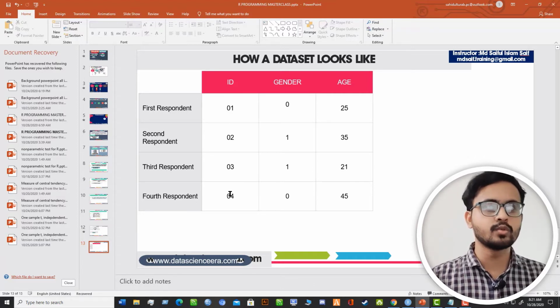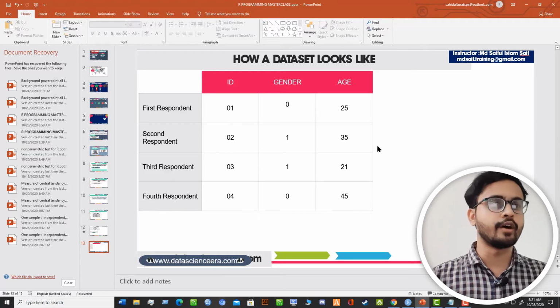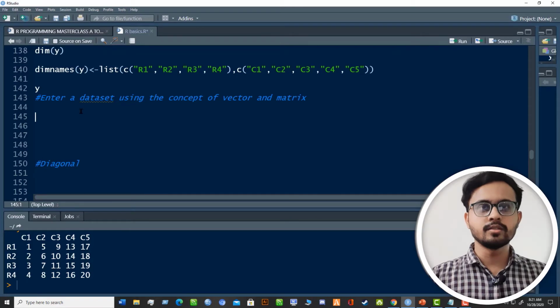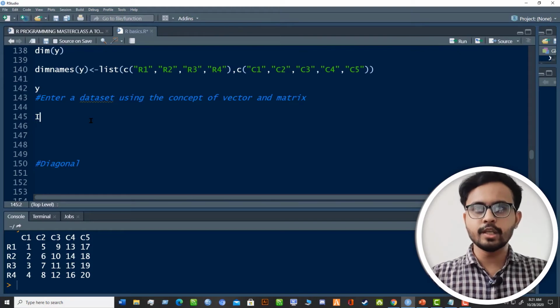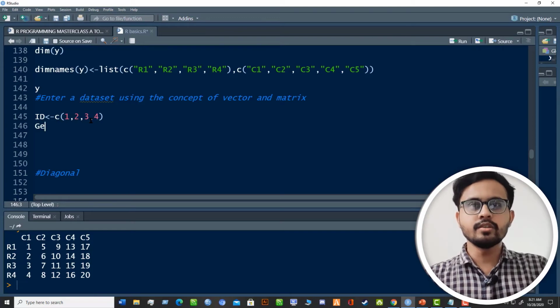So first column is 1 2 3 4, second column is 0 1 1 0, third column is like 25 35 21 45. So we will first create these 3 variables column wise, then we use the cbind function. So let's do that in our RStudio. And so here you go in our RStudio, and let's say the first variable name is ID. ID is equal to c(1, 2, 3, 4). Okay, and then gender is equal to